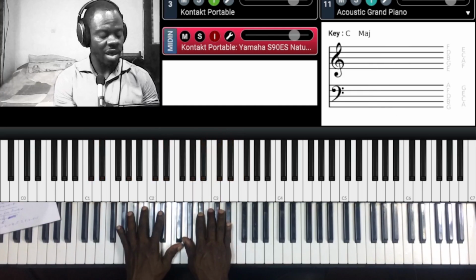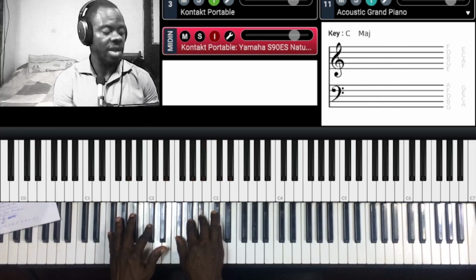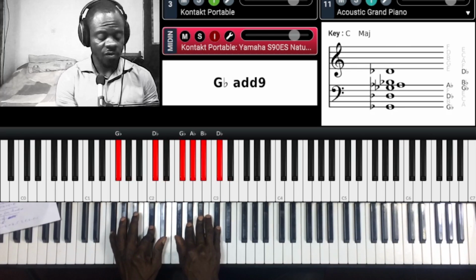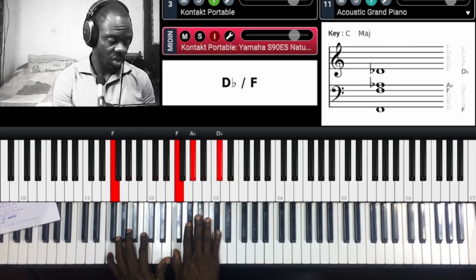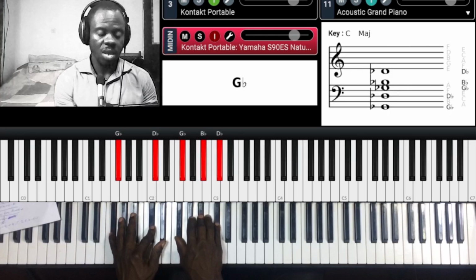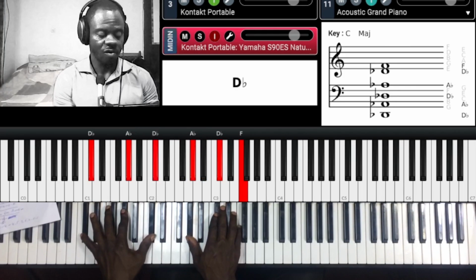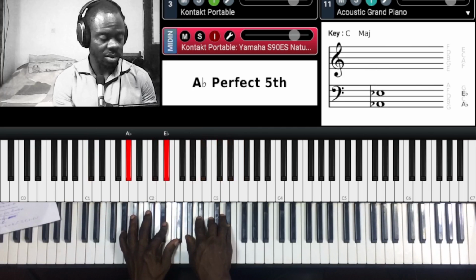From everlasting. That's a chord 5. From 4 to 3. Then back to 4. Then back to 1. From everlasting